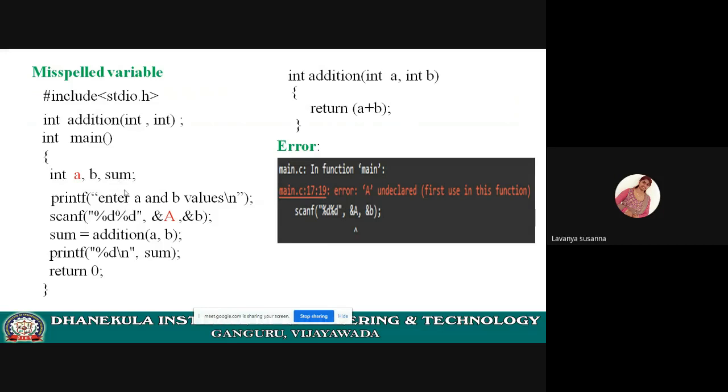If you use sim, the compiler will generate an error like this: sim is not declared. Remember that there should be no spelling mistakes. Once again, see the program, see the error once, read the error.